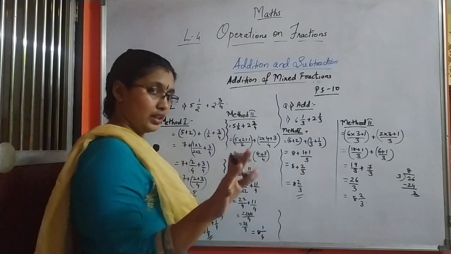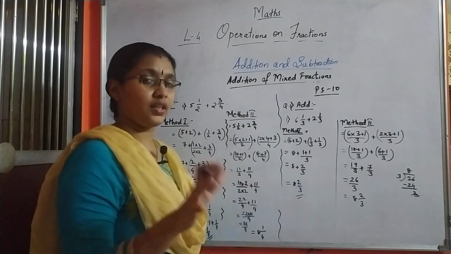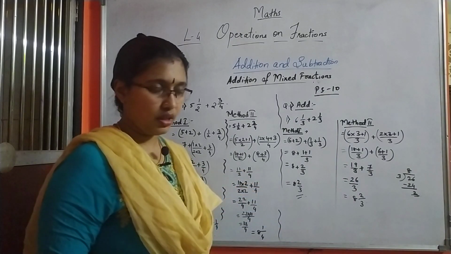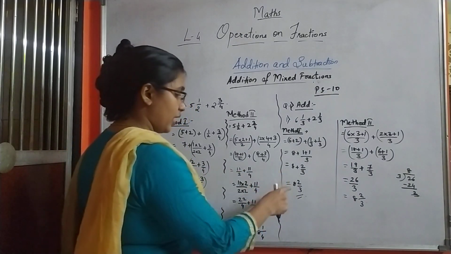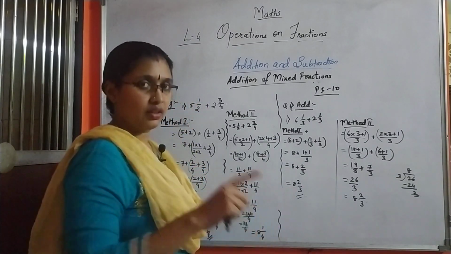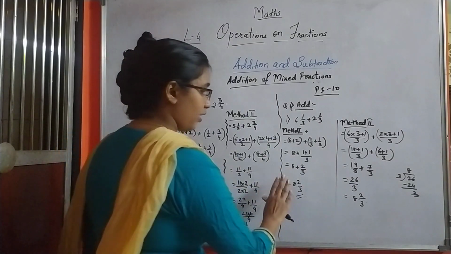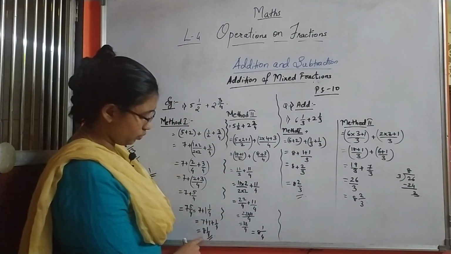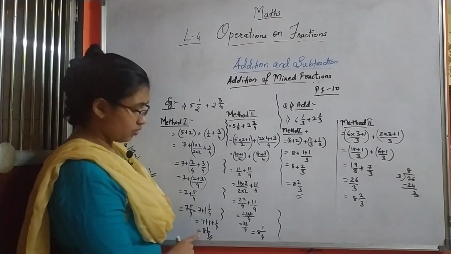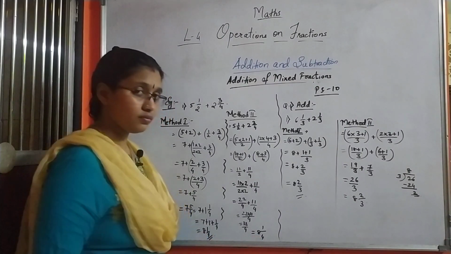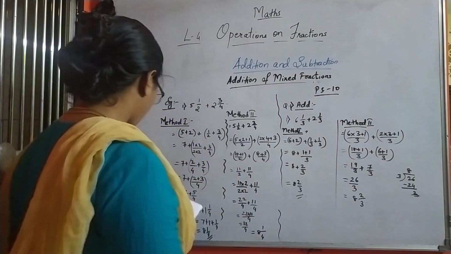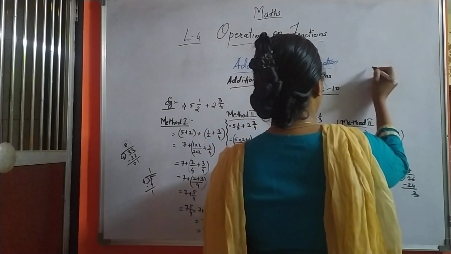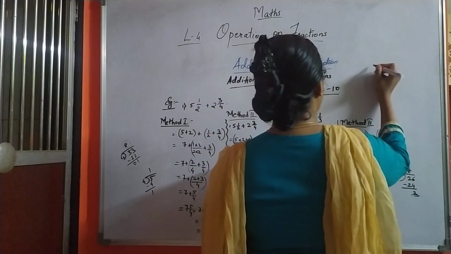So again children, once again I am saying, when you get such questions, you can take up any method to get the answers, whichever is easy for you. And always keep in mind, when you get an answer, check whether the fraction that has come is improper or proper. If it is proper, leave it as it is. If it is improper like this, then you have to convert it into a proper fraction with an integral number. Got it? Understood? So I'll give you some questions for practice. I'll solve one more question, but then I'll write the practice questions over here.